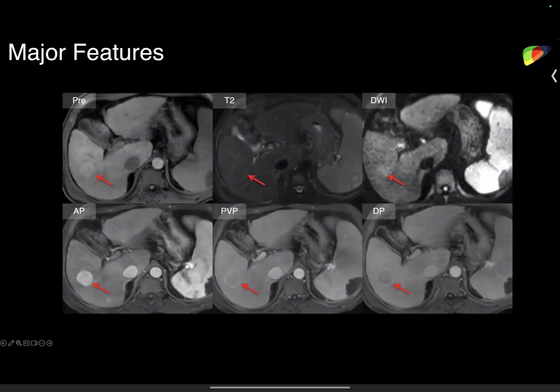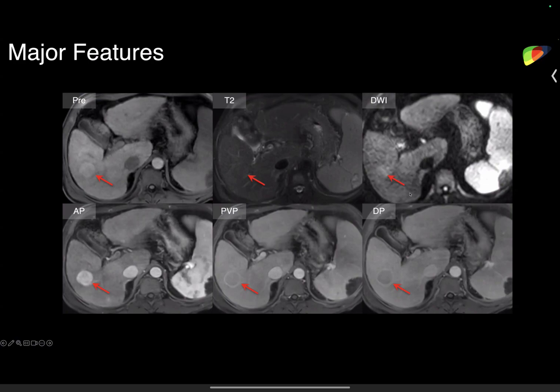Let me present a couple of examples of how these reports are used. So this vignette shows a cirrhotic liver with a 22 millimeter mass located in segment 6, which is intrinsically hyperintense in T1. On the bottom row, we can see that there's APHE along with washout appearance, most conspicuous in delayed phase, and capsule appearance. This mass is virtually identical or isointense to the background liver in T2, and it presents mild signal hyperintensity on diffusion-weighted imaging.